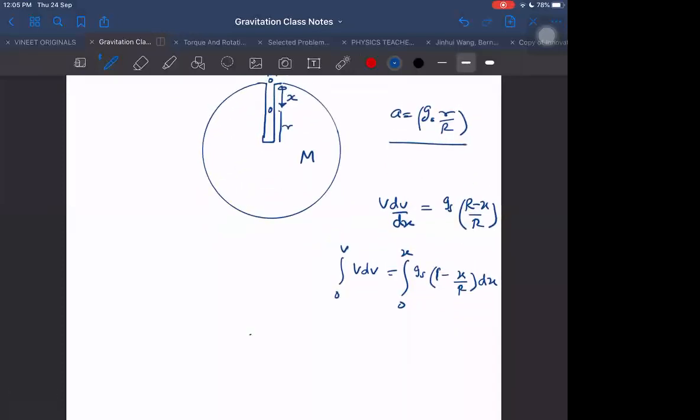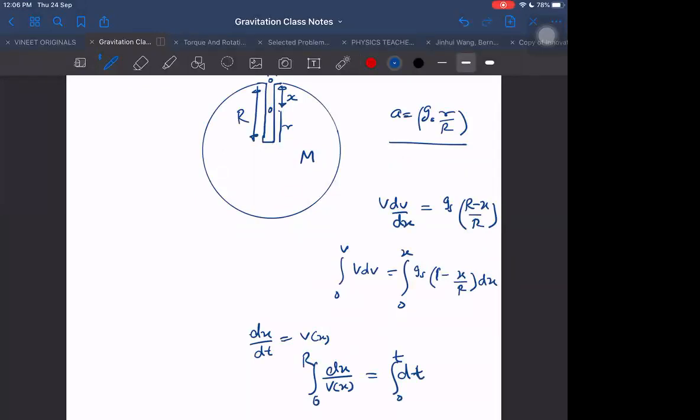After that, time taken I will get by dx by dt. dx by dt will be velocity v, and velocity is already a function of x. So I will get dx by velocity as a function of x is equal to dt, integral, and I will get time 0 to t. Whatever depth it goes, it may be the radius of the earth or radius by 2, up to that distance we have to take.